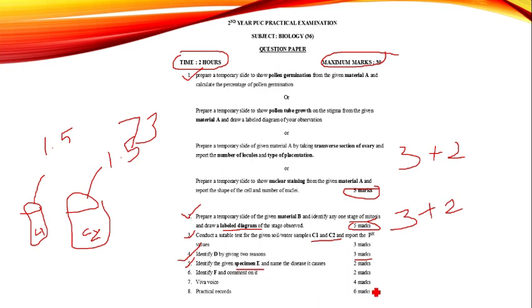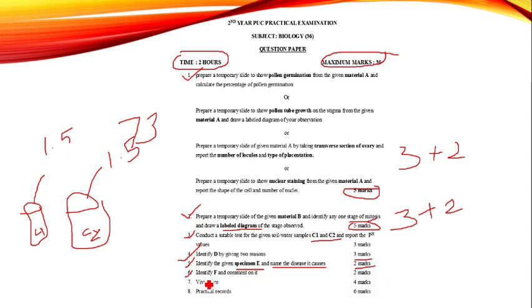Next, in question number 5, they will give specimen E, in which they may give any one disease-causing organism slide or specimen; it may be Ascaris, Entamoeba histolytica, Plasmodium vivax, or Trichophyton. You have to identify the pathogen and write the name of the pathogen and the disease caused by it. This is 2 marks. For correct identification with the scientific name, 1 mark, and if you write the disease caused by that pathogen, that is 1 mark.